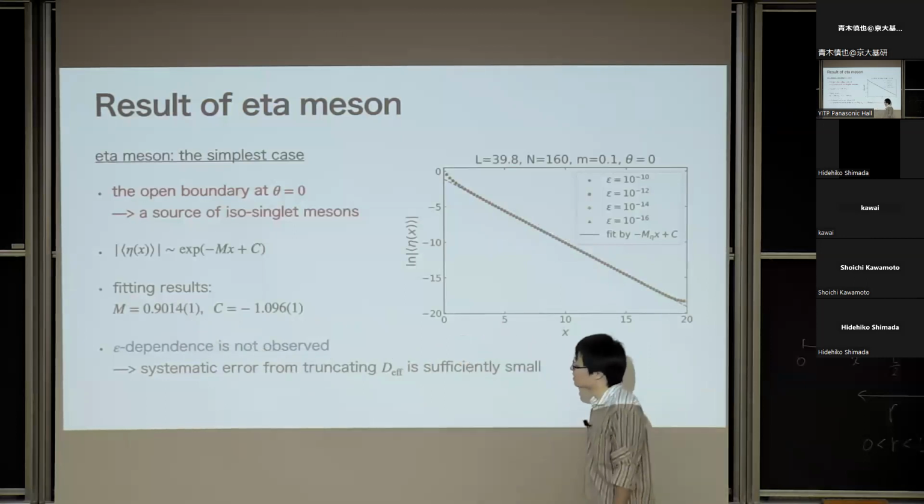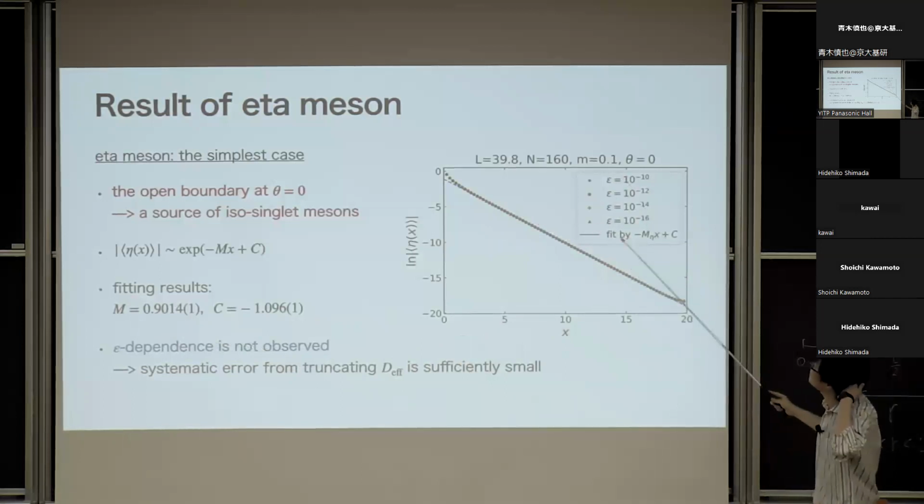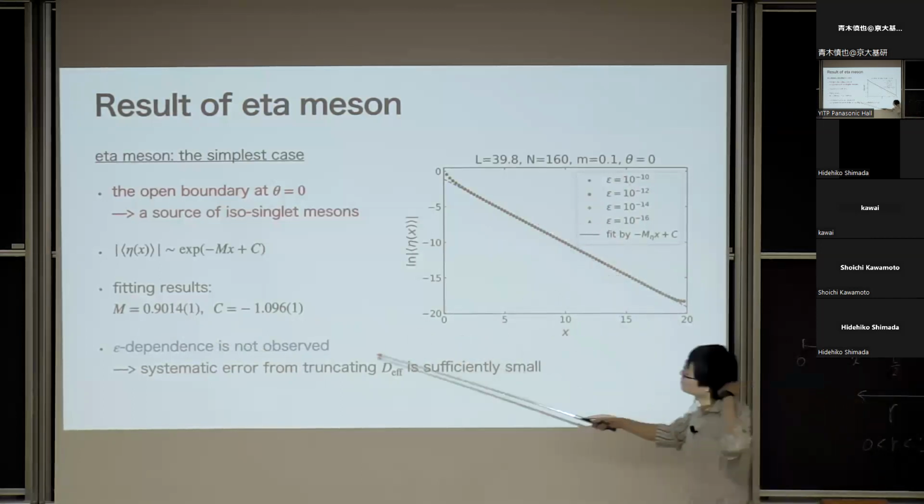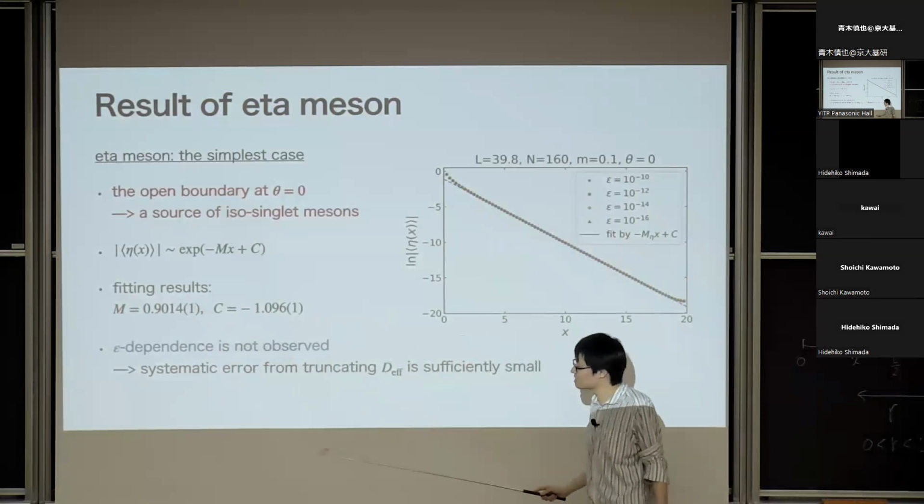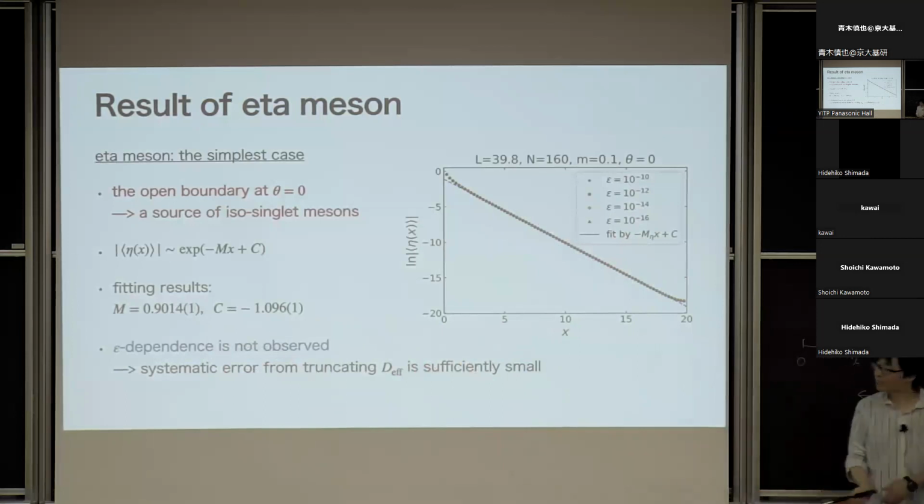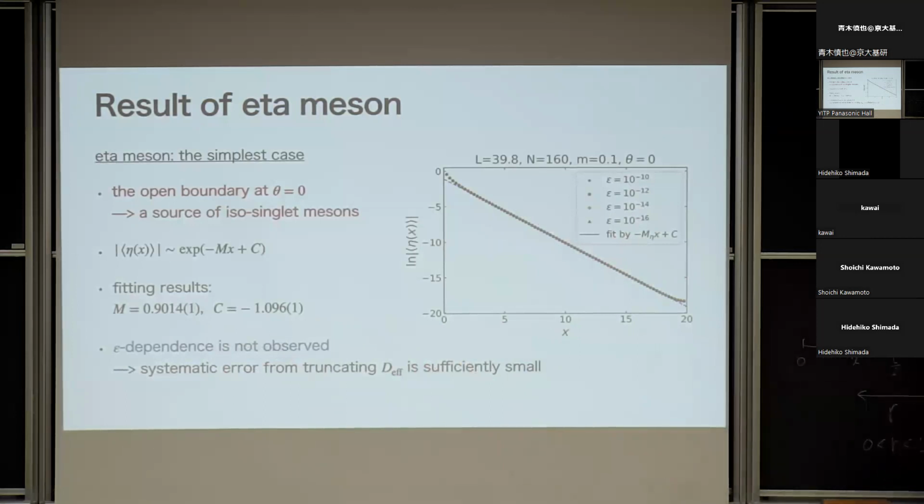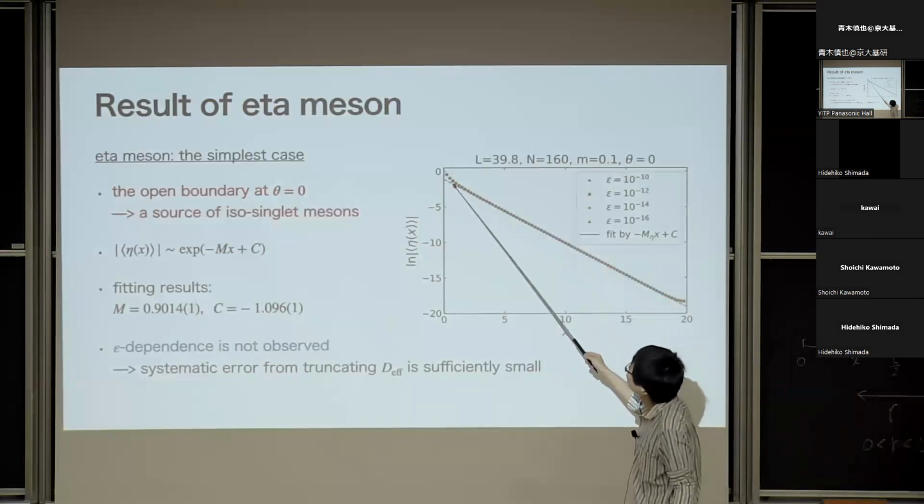The important point of this method is that I varied the value of epsilon, but almost no epsilon dependence is observed in the fitting result. So in this sense, the systematic error from the truncation is sufficiently small. Excuse me, in the right figure, why does the fitting work not well near 0 and near 20? Why does it deviate? This is actually, I don't know why. Maybe there is some